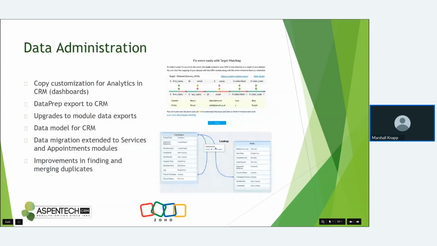We also have a few more items here that fall under data administration. We now have copy customization for analytics in CRM or dashboards. Actually, that was something that came up on the previous one there too. We have data prep export to Zoho CRM,